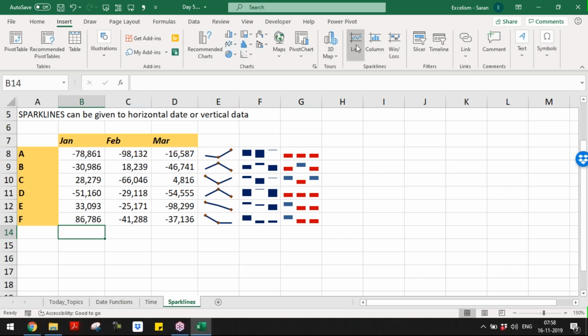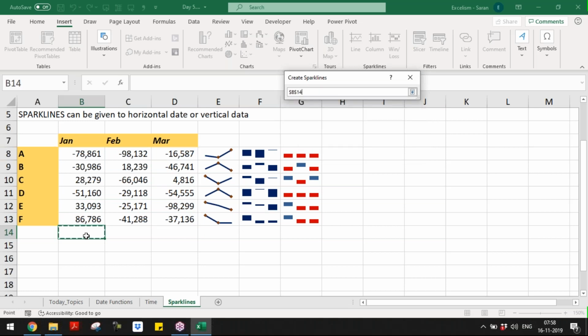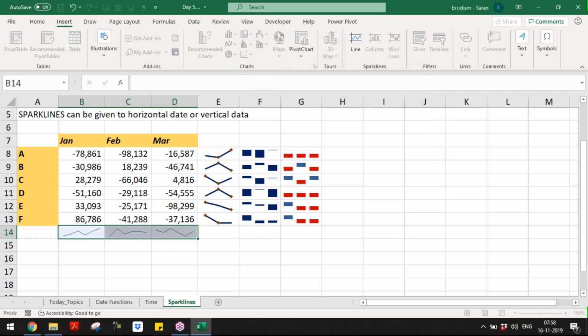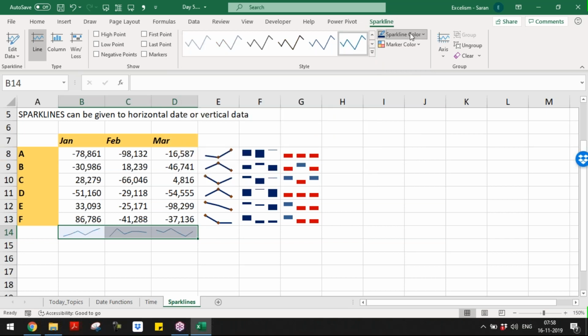Now I can go here. I can have a sparkline for this area, maybe here, so that now we consider this entirely. Okay, now you have 6 values. Now this can be used again in the same way. You can do whatever you want.